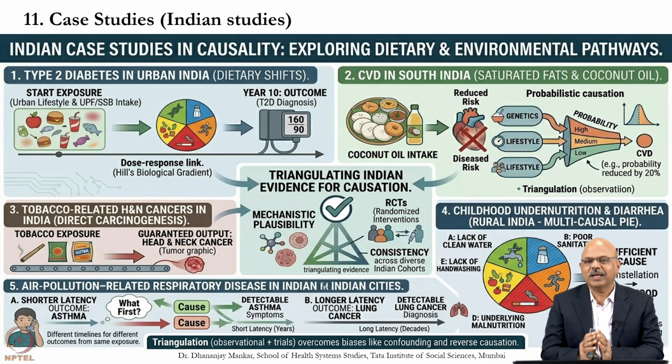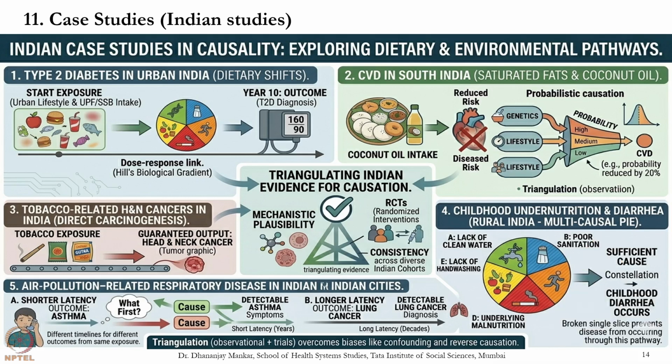So coconut oil intake, genetics, lifestyle and all that, and the probability of CVD is seen as a disease risk. Tobacco exposure, again a graded outcome, head and neck cancer. Then comes childhood undernutrition and diarrhea: lack of clean water, lack of hand washing, poor sanitation cause childhood diarrhea, and breaking a single slice prevents the disease from occurring. Either clean water or even proper food, or underlying malnutrition can be reduced by providing proper sanitation and